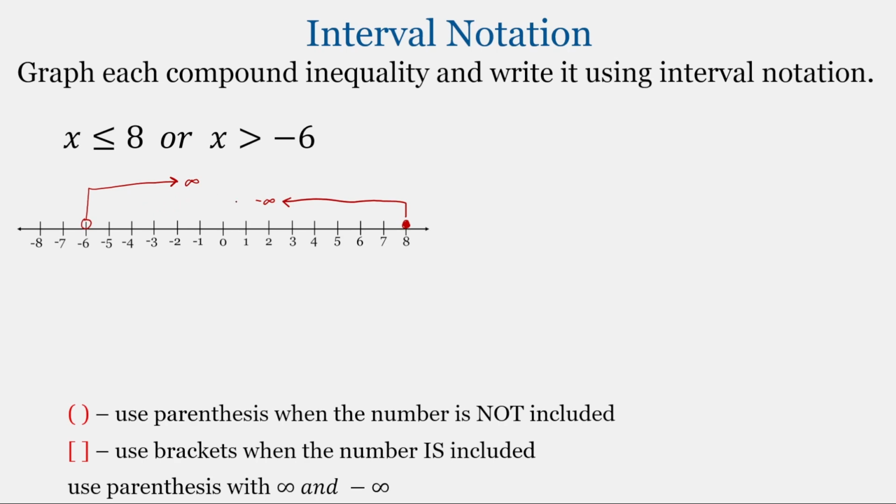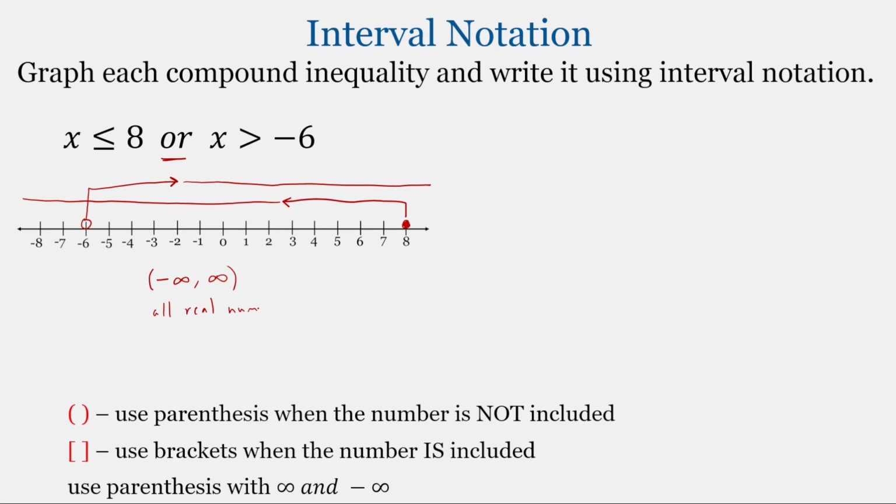So these two intervals overlap. So this is going to go on forever in the negative direction. And this is going to go on forever in the positive direction. This is an OR statement, so it only has to be in one of those intervals to be included. So this is the entire number line. And to write the entire number line using interval notation, well, it's going to have no boundary to the left, so that's just going to go on to negative infinity. And it's going to have no boundary to the right, so that is also just going to be infinity. So this means all real numbers